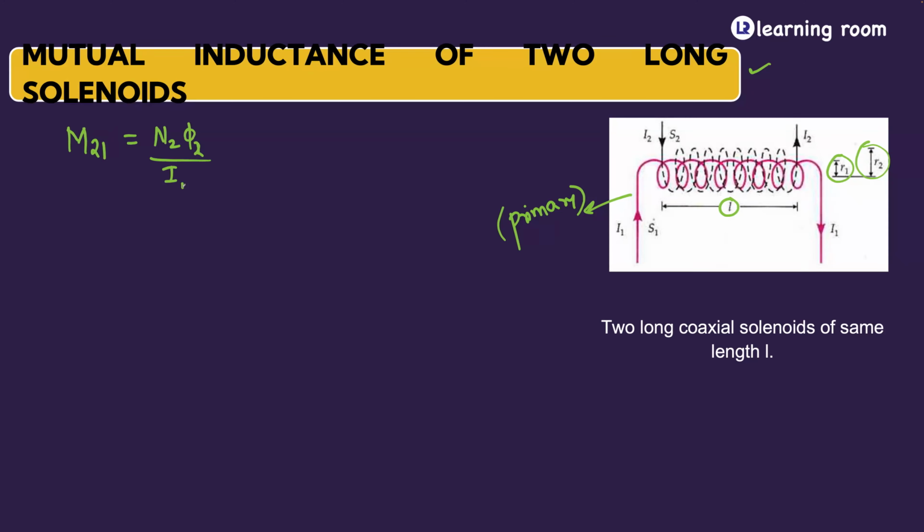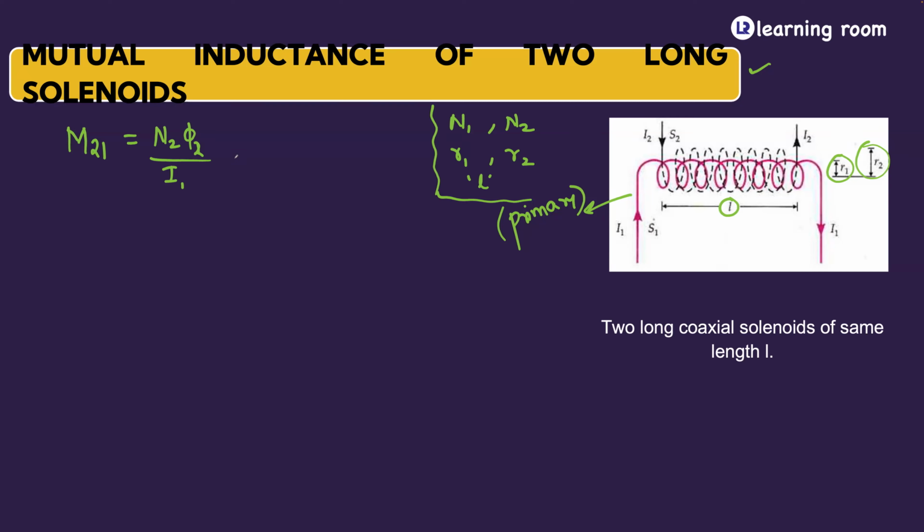So this is something important. Listen to this carefully. What did I say are different? The number of turns of the first coil and second coil are taken to be N1 and N2 respectively. Similarly, the radius of the first coil is taken to be R1 and the second is taken to be R2. But the length of the first coil and the second coil are going to be the same, which is taken as small l. Okay. And we are deriving the value of M21 in this case.